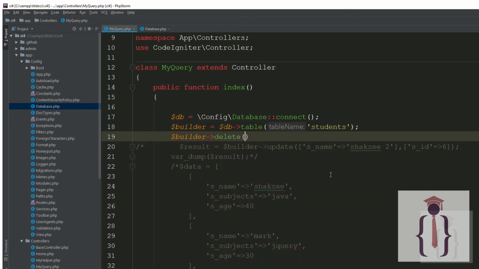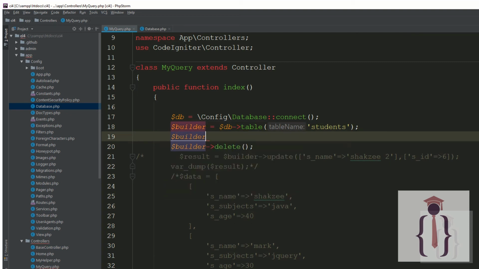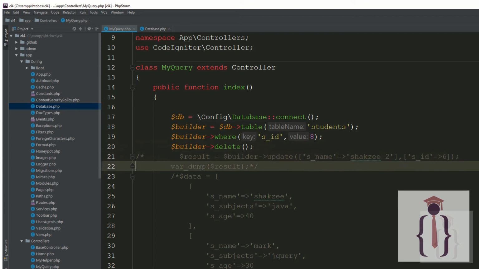It's a delete on the builder, and I'm saying where, in the where clause, where SID equals 8. I'm saying delete where SID equals 8. So it will give you the boolean.